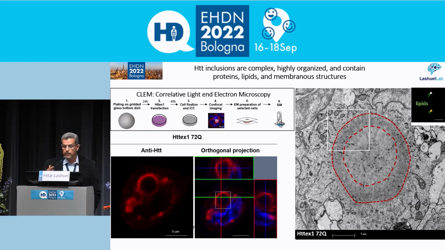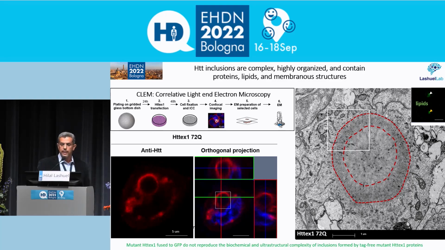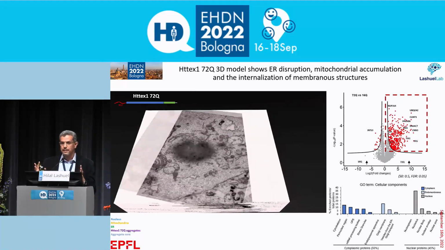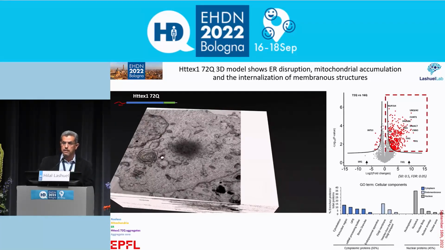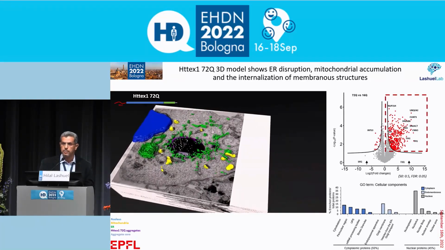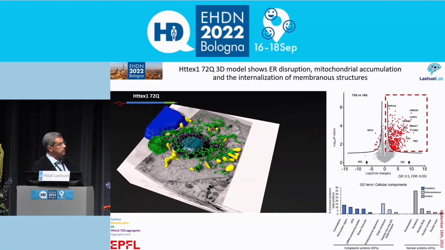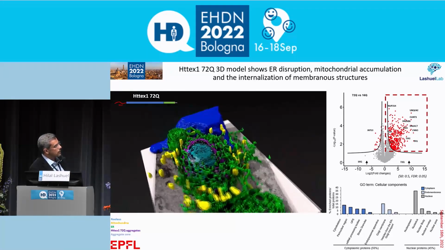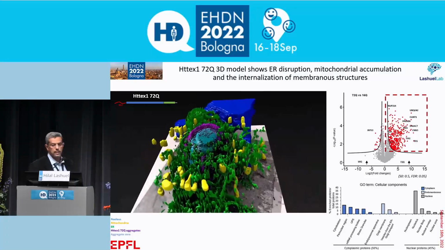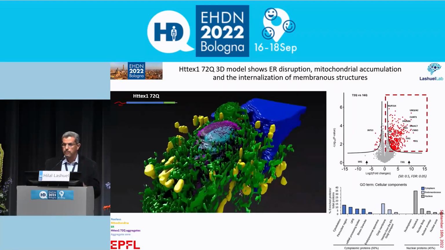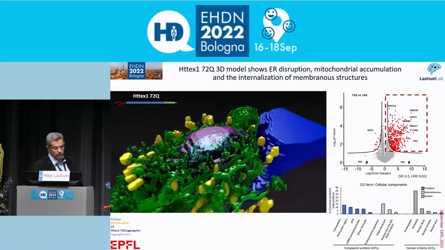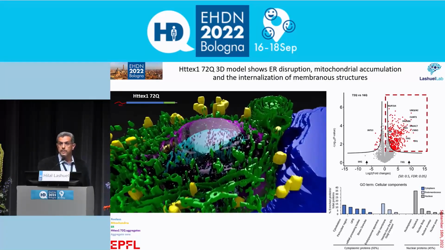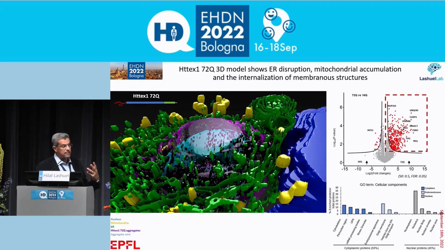But most importantly, we know now from proteomics studies and advanced imaging that these are not made only of Huntingtin. There are Huntingtin aggregates. There are lipids. We can label different types of lipids. There is accumulation of disrupted organelles, including the ER, and accumulation of mitochondria and other membrane structures in the periphery. We find hundreds of proteins, including cytoskeletal proteins and proteins involved in mRNA processing, as well as nucleoplasm-related proteins.